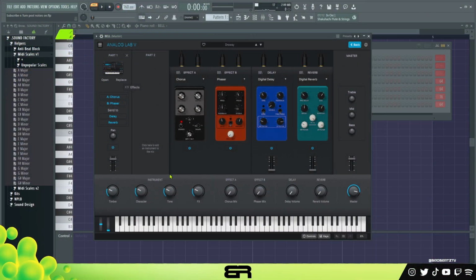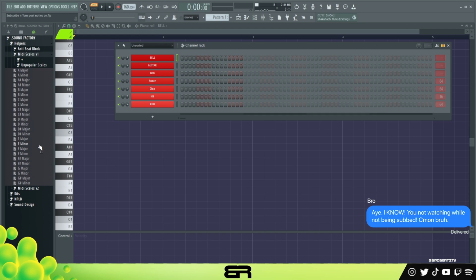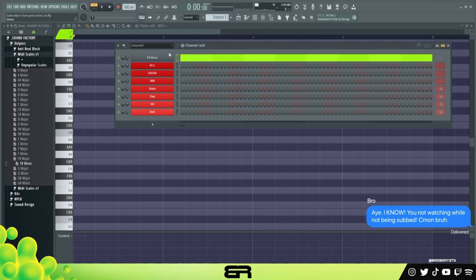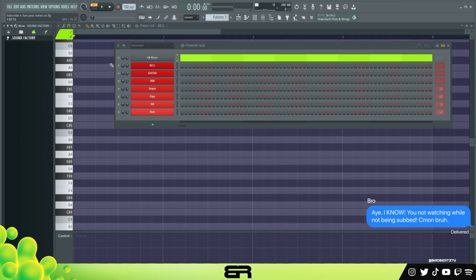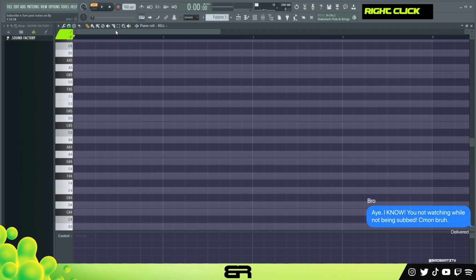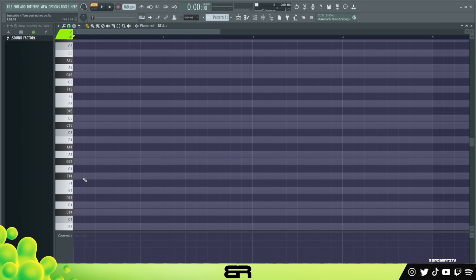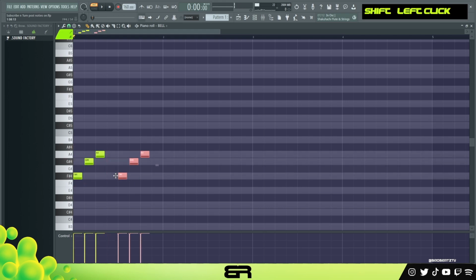Let's go ahead and get started. All right, so we have just a bell here, just a simple bell, just so it's easier to hear. I'm gonna just default to my F sharp minor just because it's my favorite scale to use. So what we're gonna be talking about is adding rhythm, okay? And that's it, adding rhythm, because I think a lot of people, what happens is when you start making melodies, everyone starts making melodies like this,